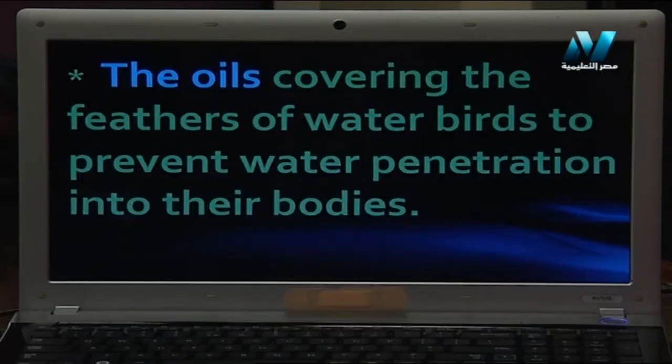Another use for oils covering the feathers of water birds. Do you know water birds? Its feather containing oil or covered with oil prevent water penetration into their body. نشرح دي مع بعض ازاي. انتوا عارفين ان في طيور بنسميها اللي هي الووتر بيردز. هذه الووتر بيردز اللي هي depend on the fish، ان هي بتعمل كاتشنج للفيش، بتبقى طايره كده وتنزل تاخد السمكه